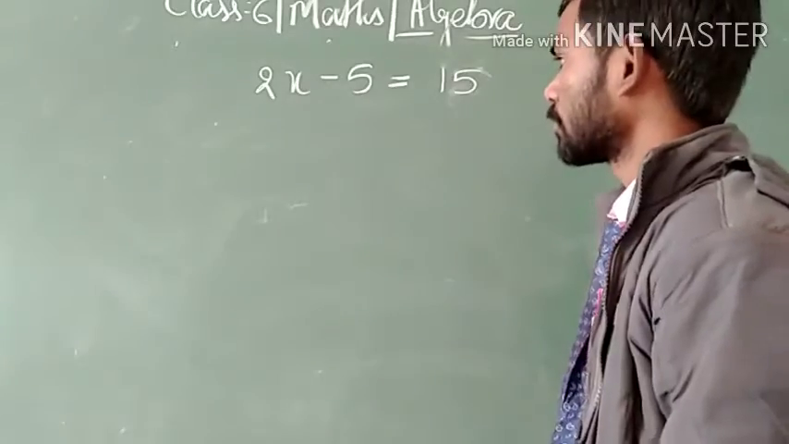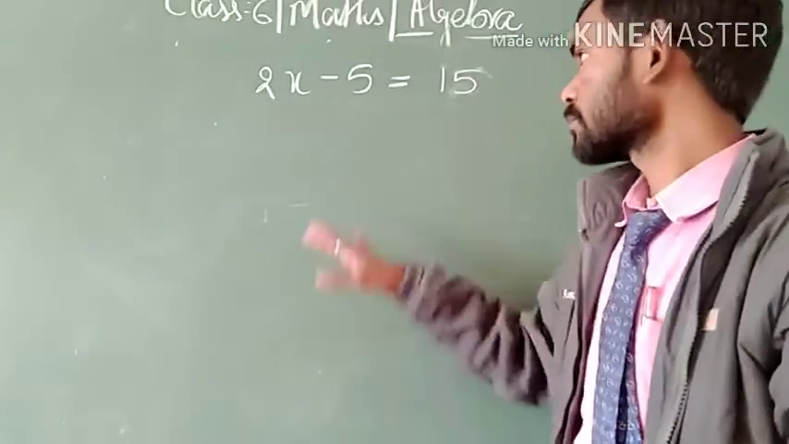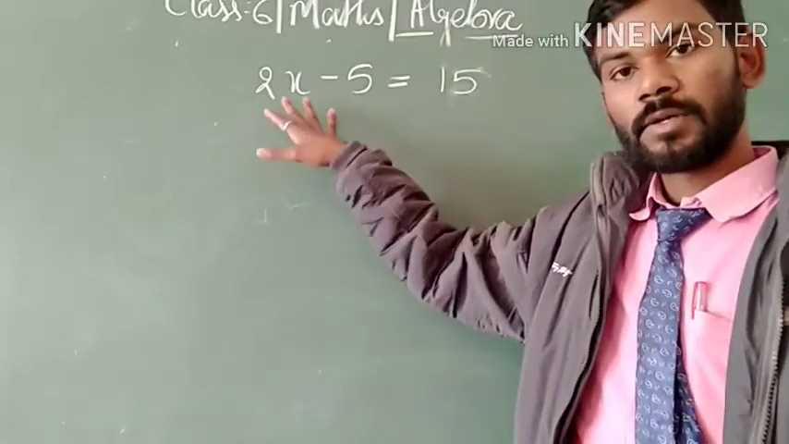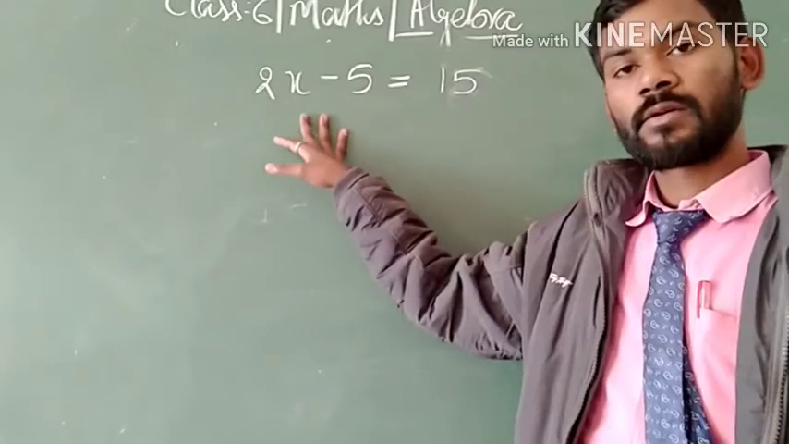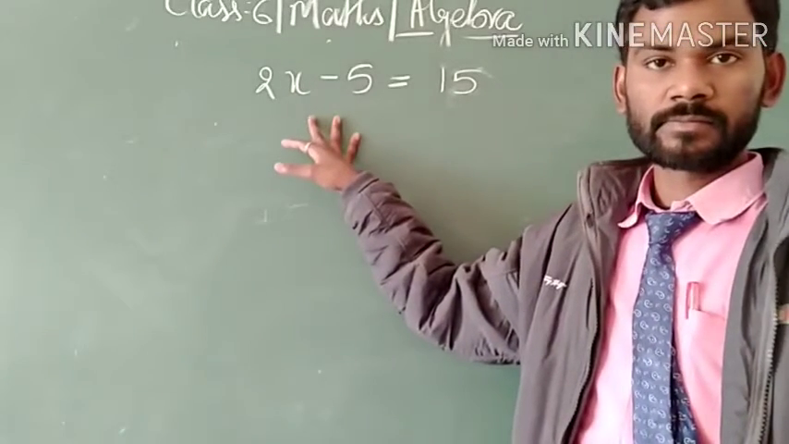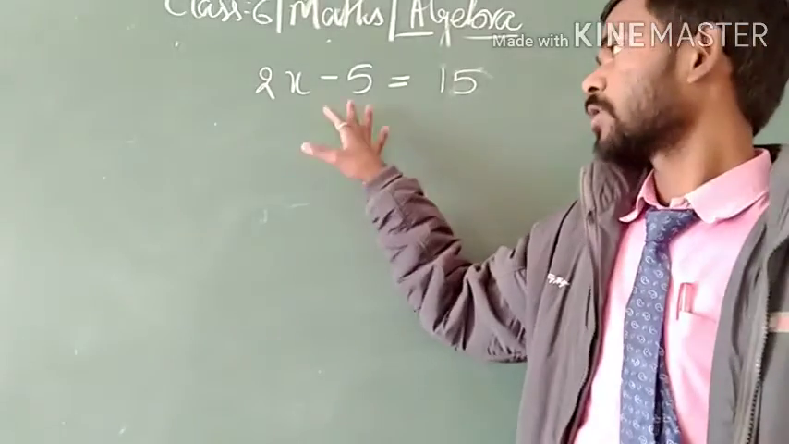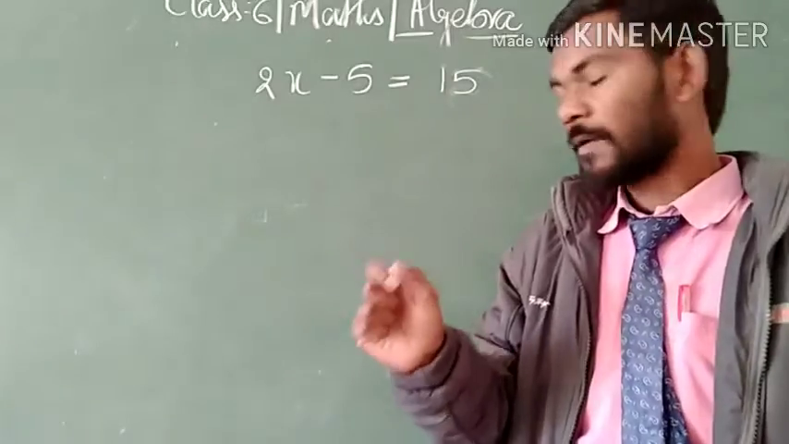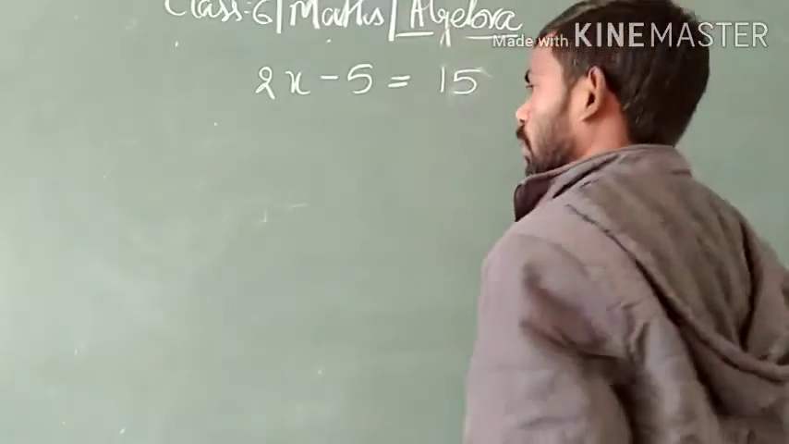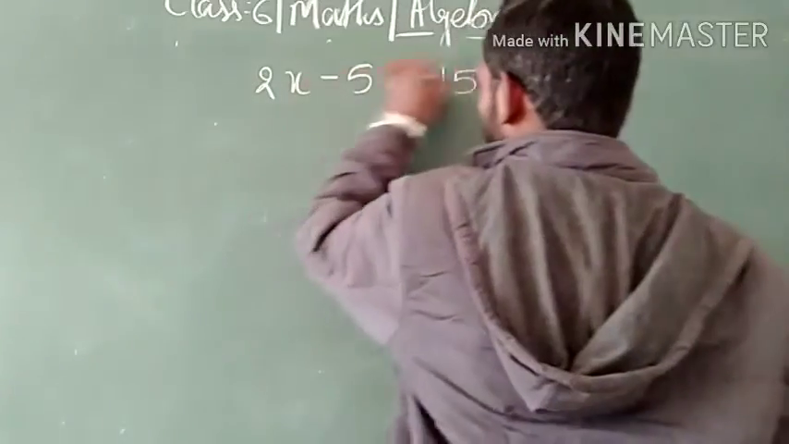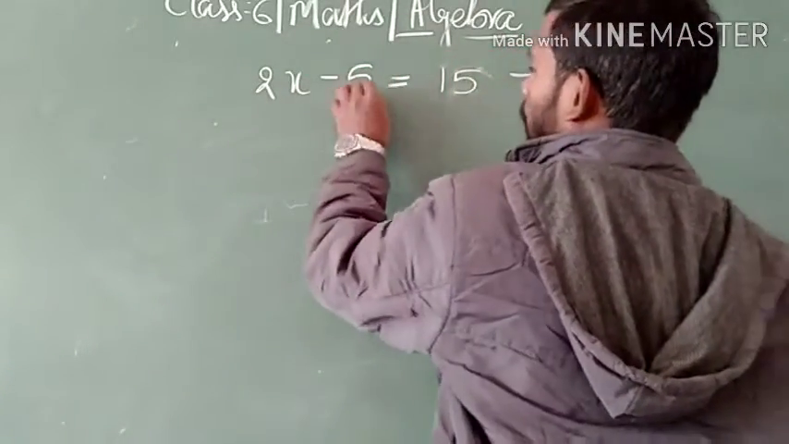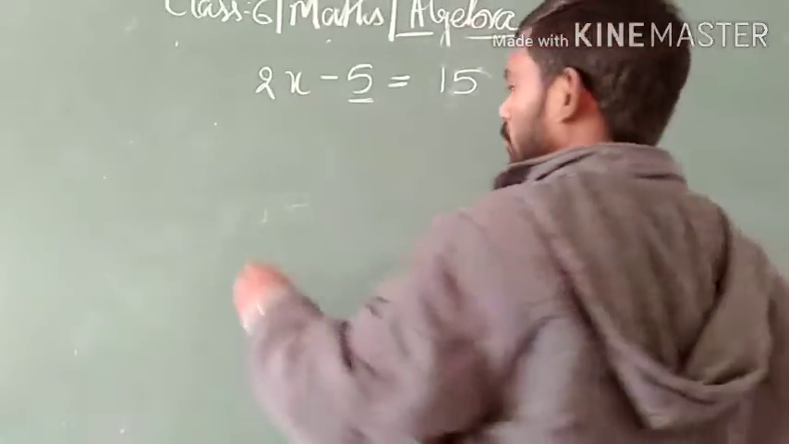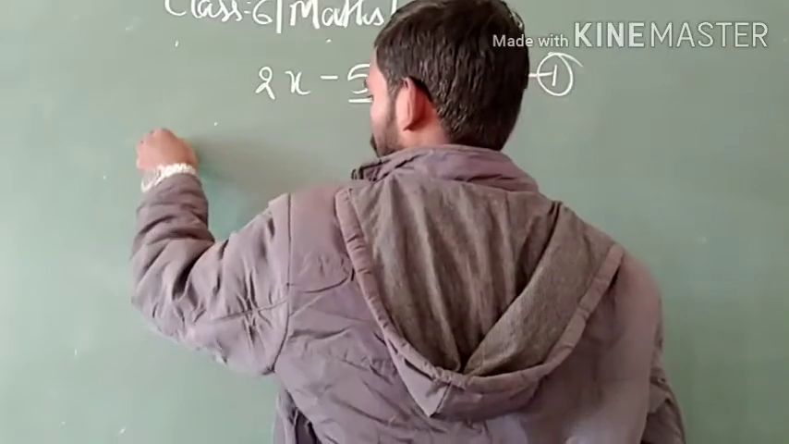In this question, we can see that there are two constants which combine with x. Okay, so in order to separate them, we follow the same rule one by one. So first of all, here we can see that 5 is subtracted. Therefore, we shall write here adding